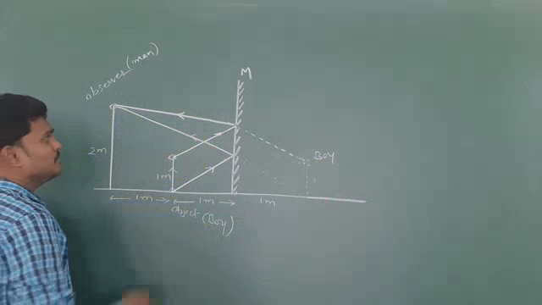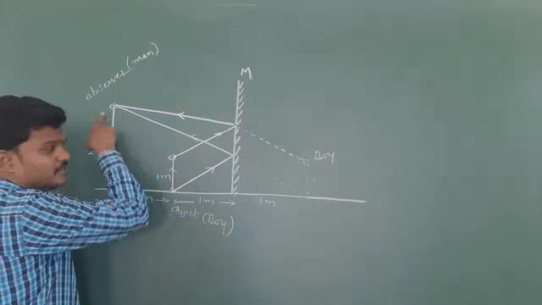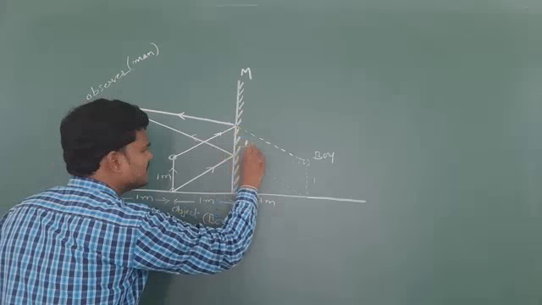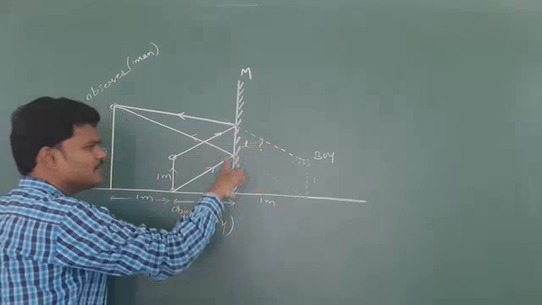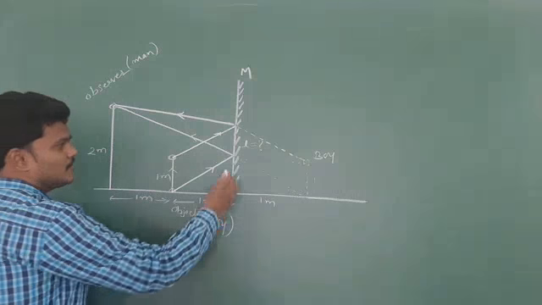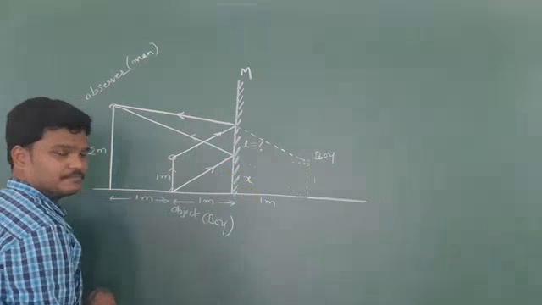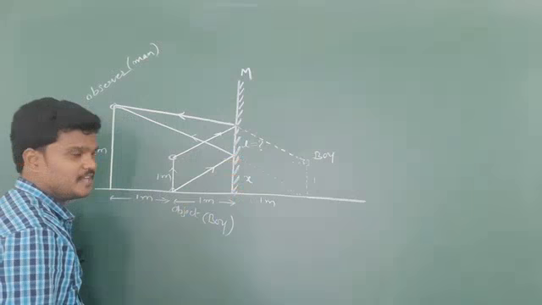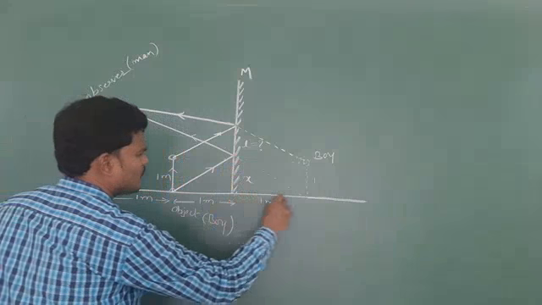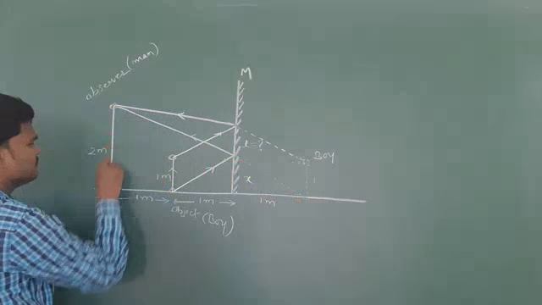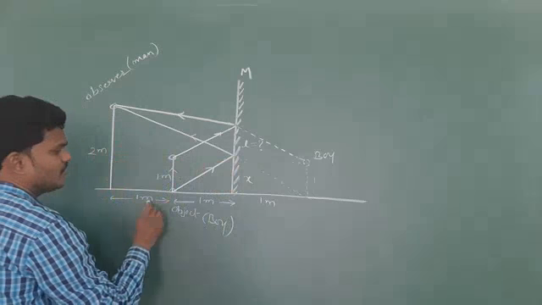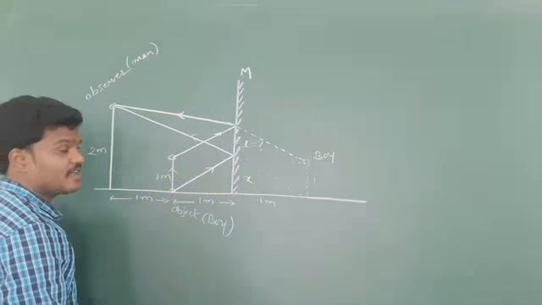Now this observer man is able to see the image by using only this length of the mirror. Only this length is enough. There is no need of the length of the mirror above. Let us suppose this length of the mirror is x. Use some similar triangle rules. This is one triangle. x by 1 is equal to 2 by 1 plus 1 plus 1. Use the similar triangle rules.